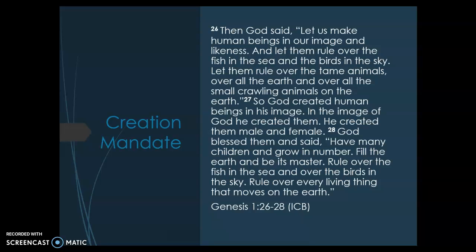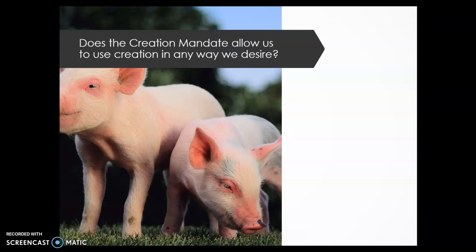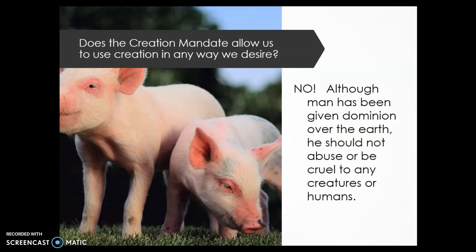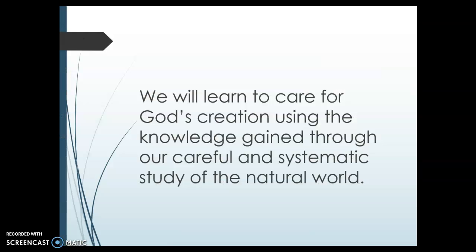This is also known as the dominion mandate, because we are supposed to rule over and care for everything that's been created. So, does the creation mandate allow us to use creation in any way that we desire, however we want? No, not at all. Although man has been given dominion over the earth, he shouldn't abuse it or be cruel to any creatures or humans. We're to care for the plants, we're to care for the animals, we're to care for everything that God has created, because he's made us stewards of his creation. So keeping all of that in mind as we study life science, this is our overarching goal. We will learn to care for God's creation